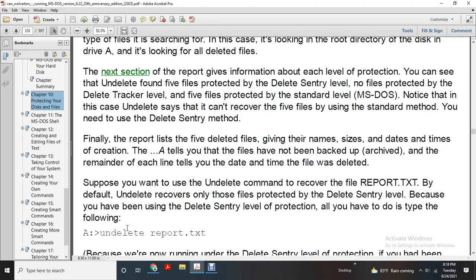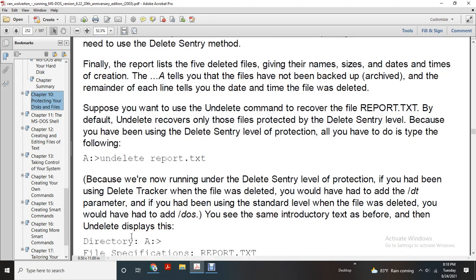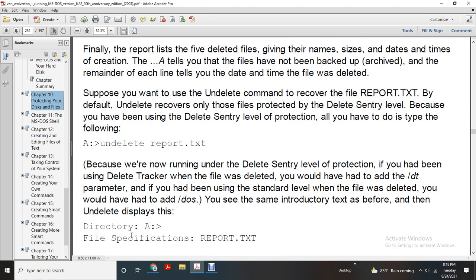Suppose you want the Undelete command to recover the report text. Undelete recovers only those files protected with the Delete Sentry level, because those have the Delete Sentry level protection. All you have to do is type the following: undelete report.txt. Because you were running under the Delete Sentry level of protection, if you had been using the Delete Tracker while the file was deleted, you would have added to the prompt